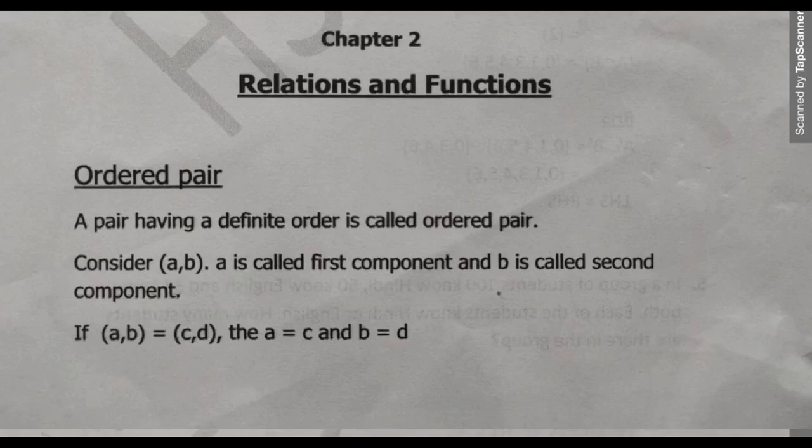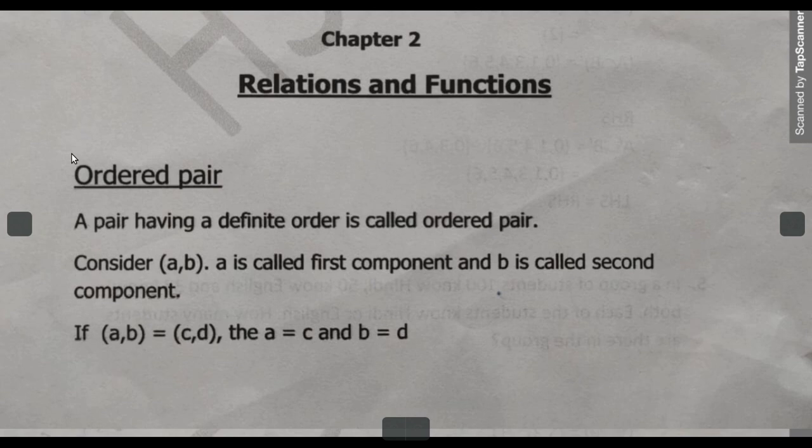Let us revise our second chapter, relations and functions. Here we are discussing ordered pairs. Ordered pairs are pairs like this. See this bracket (a, b), this is an ordered pair (a, b), or something like (1, 2). And here is a condition: if the ordered pair (a, b) equals the ordered pair (c, d), then the corresponding elements are the same, that is a equals c and b equals d. This is to be remembered here.